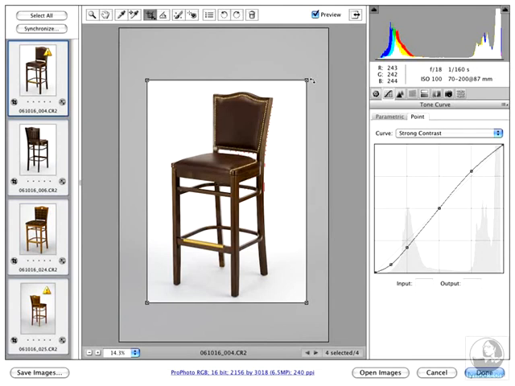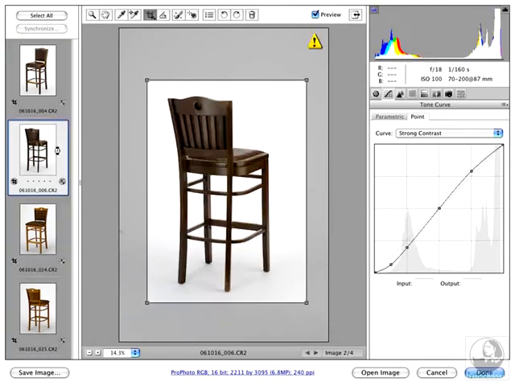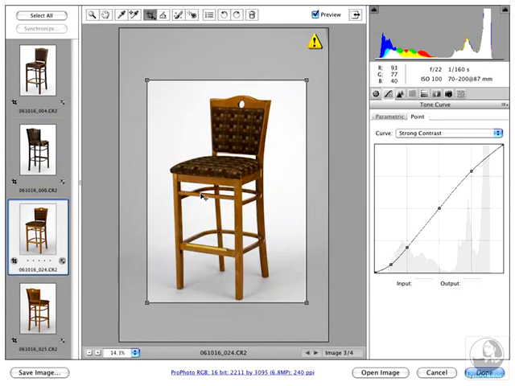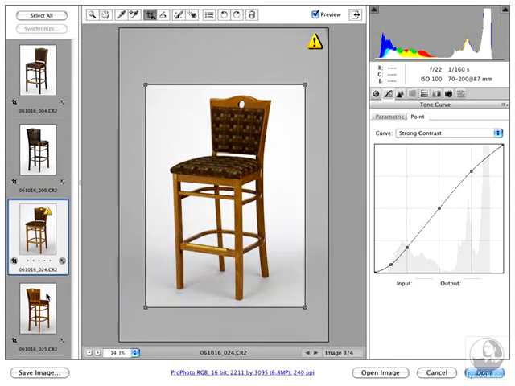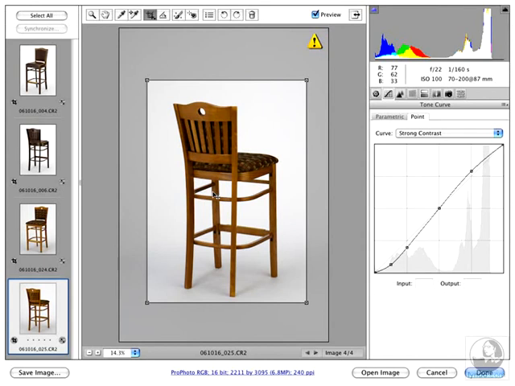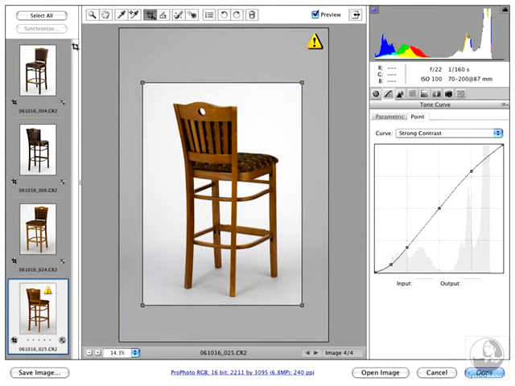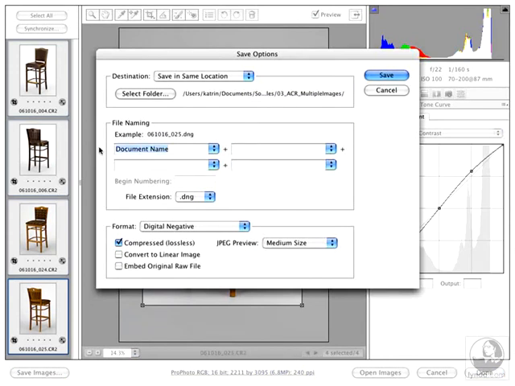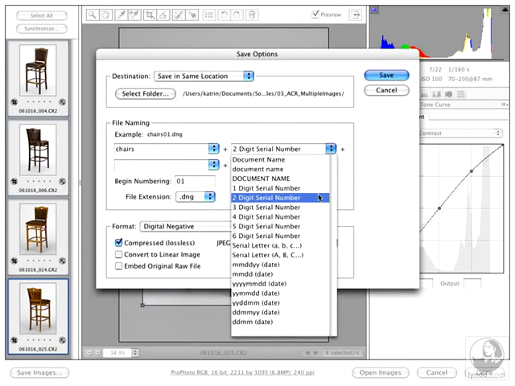Now, what I always do when I do that, I go and check just to make sure that the crop's in just the right place for the subject. And then when I save all these images, they'll be cropped perfectly. So once again, I'm going to select all, apply the changes, and at the very end, you want to process these images out. I'm going to click on Save Images, and I'm going to call it Chairs, and a serial